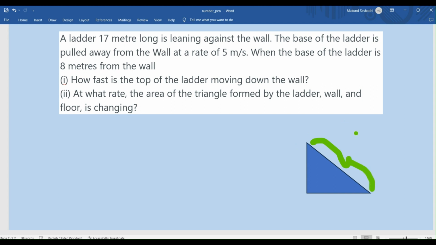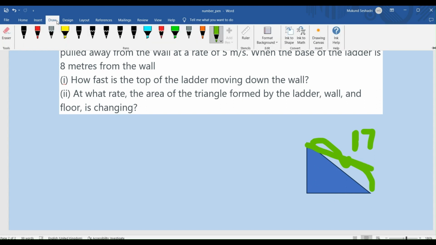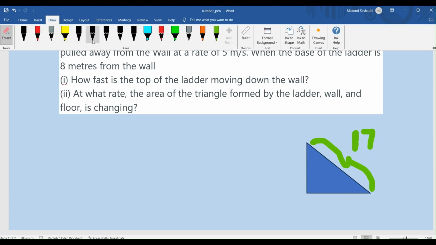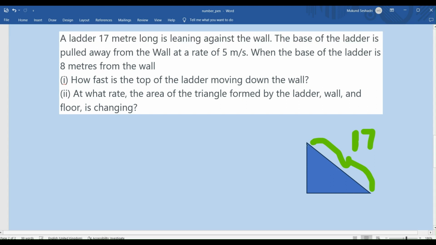It's got a standard length of 17 meters, right? And this ladder is sliding against the floor. Let me use a different colored pen so that it becomes easier to understand. So as the ladder slides,